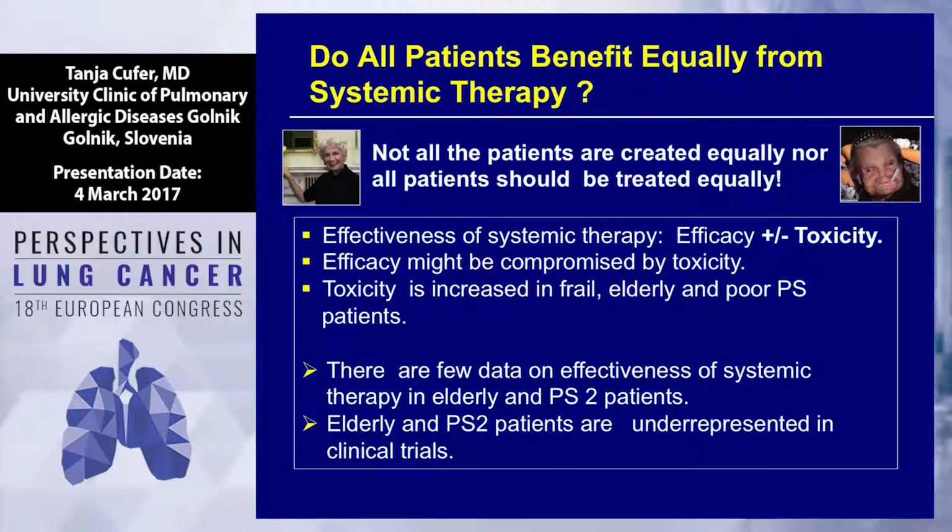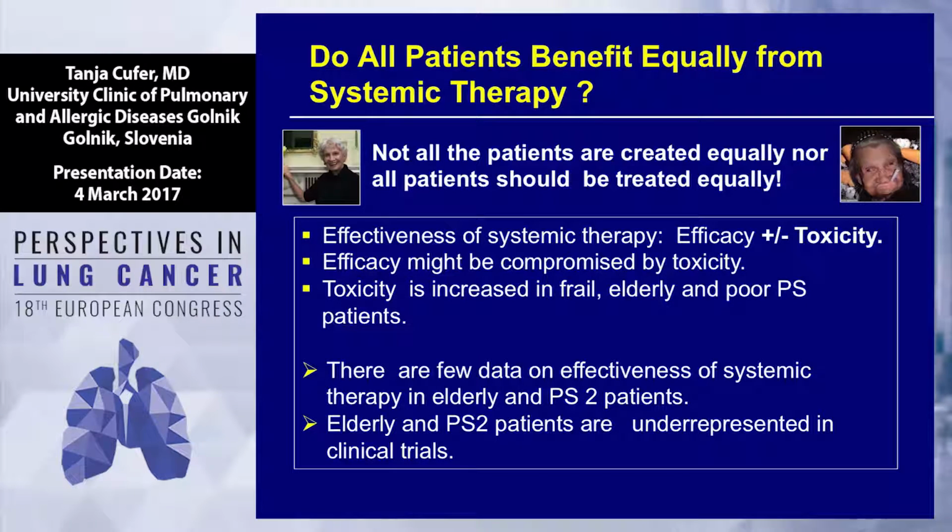When we are talking about targeted therapy, maybe the situation could be different. When we have a well-defined target and a very effective targeted therapy, then we don't have so many concerns about the toxicity, because the effectiveness of any treatment is actually composed of the efficacy and toxicity. So we need to take care about the toxicity, and at the point of the toxicity, we embark on the field of the frail patients, namely elderly patients and performance 2 patients.